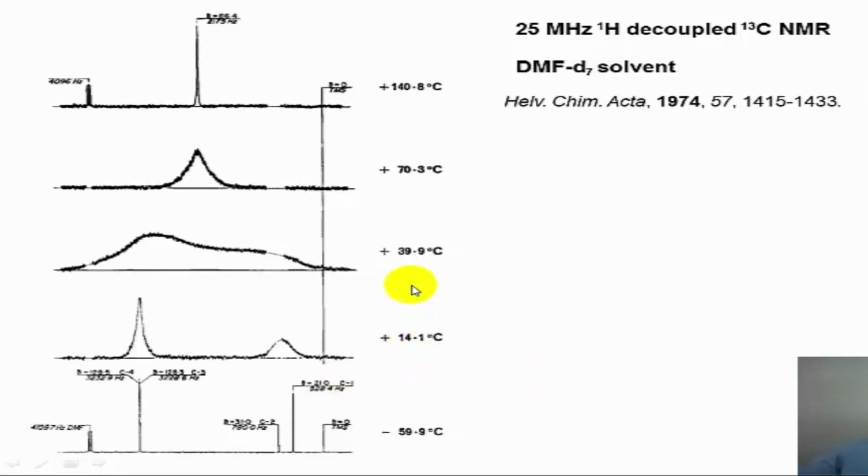And as you increase the temperature to room temperature, the broadening takes place because of the uncertainty in the position of the various carbons during the course of the rearrangement. At 140 degrees or so, all the 10 carbons become a sharp singlet corresponding to a rapid molecular rearrangement taking place in the system. So one can study the bullvalene 3,3 sigmatropic rearrangement or the Cope rearrangement by proton NMR spectroscopy as well as carbon-13 NMR spectroscopy. This is one of the most fluxional molecules that has ever been known in organic chemistry. It is a very fascinating example of a molecule undergoing a series of degenerate rearrangements.